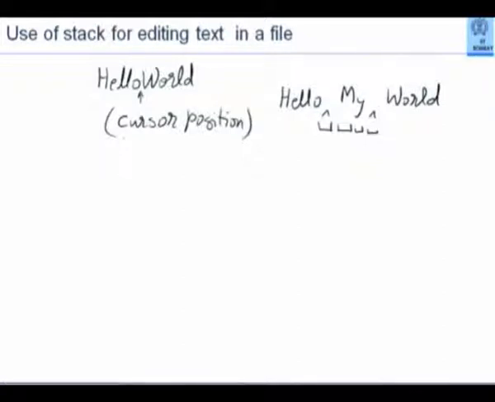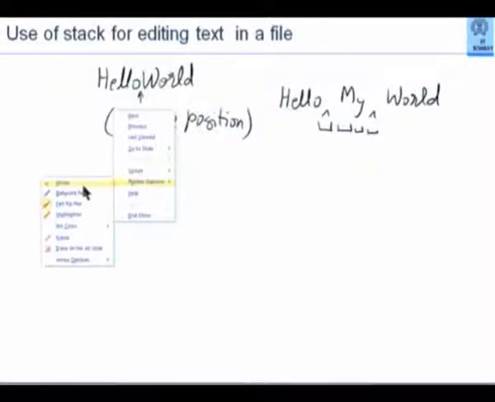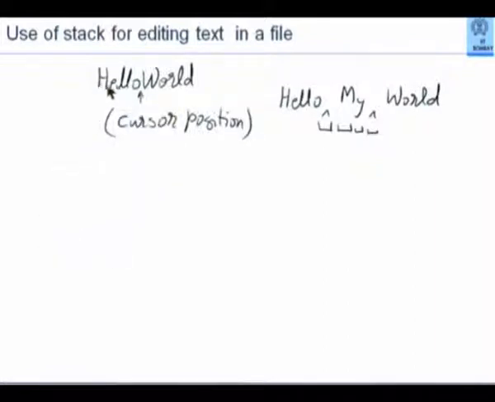How do you edit in a text window in a visual way? You will take your mouse and move the cursor to a position wherever it is. For example, here you will say move it here, here, here, and click so that the cursor line appears there. Now whatever you type will get inserted there. Whatever you delete will get deleted from the left hand side or whatever.